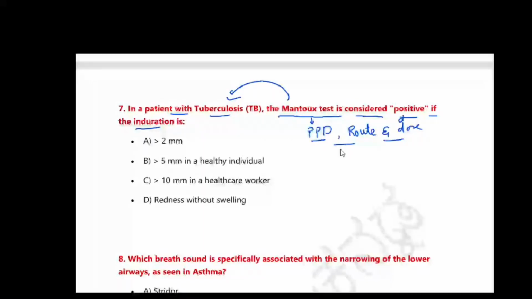See here, a patient is there with tuberculosis, and in tuberculosis if we are giving PPD, when will we consider that as positive? Here they have given more than 2 mm, more than 5 mm in a healthy individual, more than 10 mm in a healthcare worker, redness without swelling. Before proceeding with these options, what is the meaning of induration? What is induration? Induration means